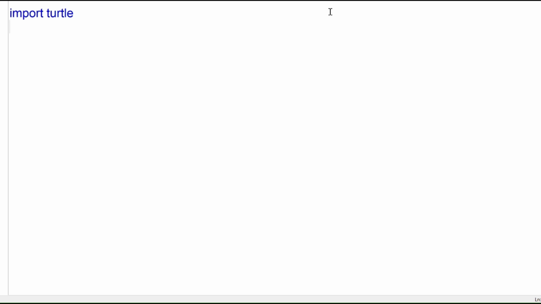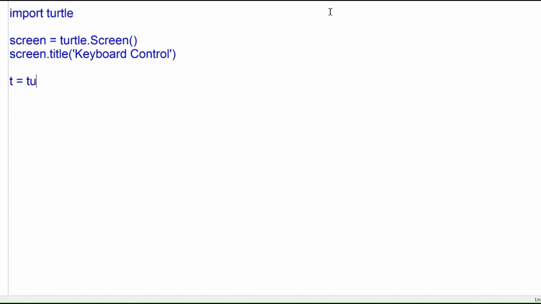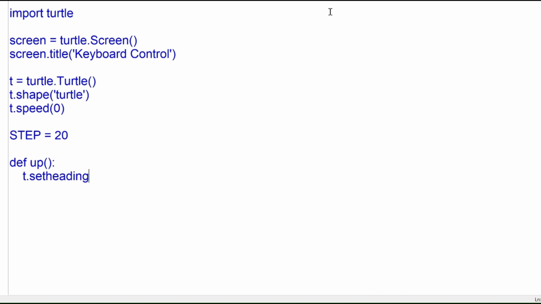So in this next program, this is exciting now, we're going to control the turtle using the keys. We're going to enter the usual lines of code to begin with, and our title this time is Keyboard Control. So we're assigning T to turtle.Turtle, and the turtle shape is the turtle, and our speed is 0 like we usually have. The step is 20. This means every time you press a key, it's going to move forward or backward or sideways or whichever way,